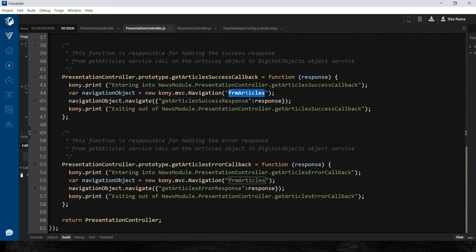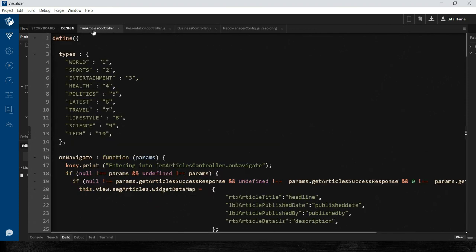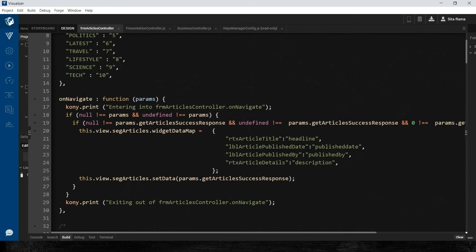While we navigate back, in the FRM articles controller, as we have implemented the on navigate function, the SDK will automatically invoke this on navigate function that is defined as part of this form controller. Every time we navigate to this form, the on navigate function will get executed.